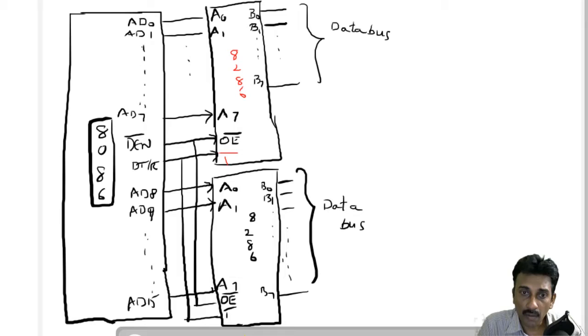Suppose there is a necessity to drive another 8 bits of data, the same process we have to follow. This OE is connected to another 8286 as well as the T is connected to another 8286, so that we have the flexibility to transfer another 8 bits of data in addition to the 16-bit data bus. It's an optional thing, but the problem is that if we provide more ICs, then the driving capacity, like sinking current and source current, is needed much more, so we restrict it to the 16-bit data bus. Why? Because the 8086 is a 16-bit microprocessor, so two 8286s are sufficient. Anyway, it's an optional thing.